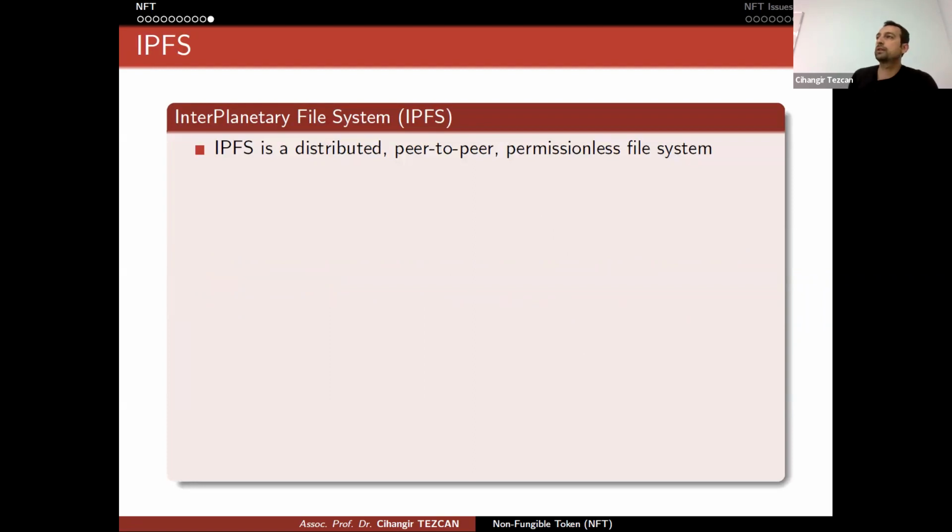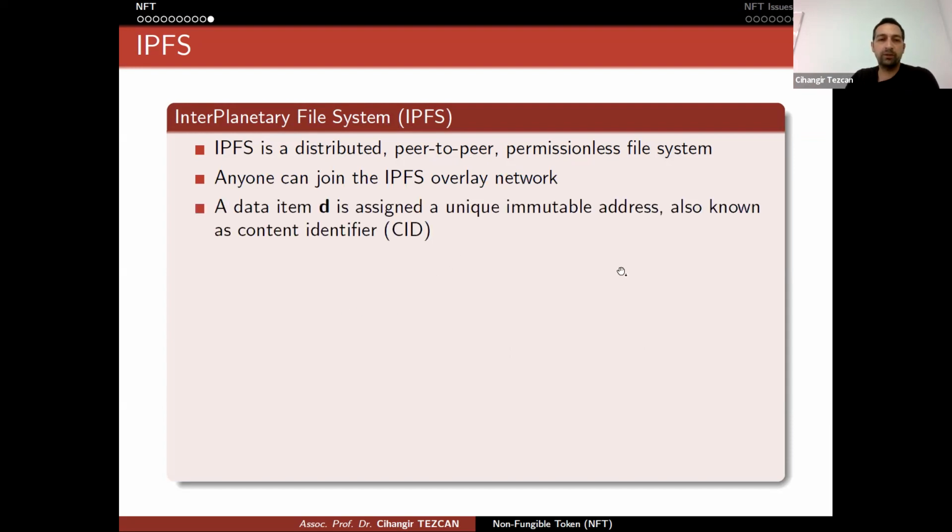Okay, so before conclusion, I told you that there is something called IPFS. So instead of storing your NFTs on an HTTP web page, which would be dangerous because that web page in the future might be down, or somebody else might purchase the domain name and so on, people prefer to put their files, NFTs, in the IPFS system. This is not a system designed specifically for NFT. Okay, this system was around, so people thought that storing the NFTs here would be useful. So it is a distributed peer-to-peer permissionless file system. Anyone can join this network.